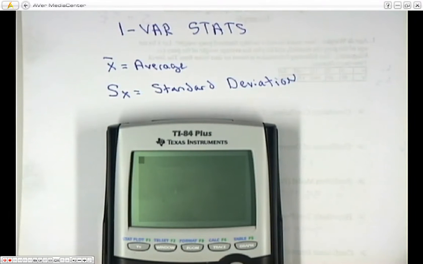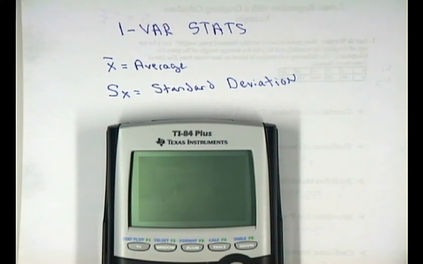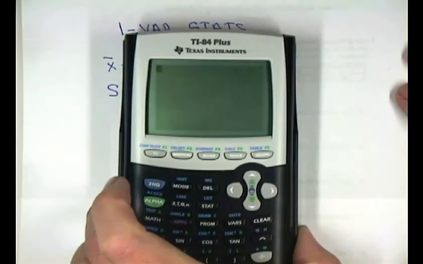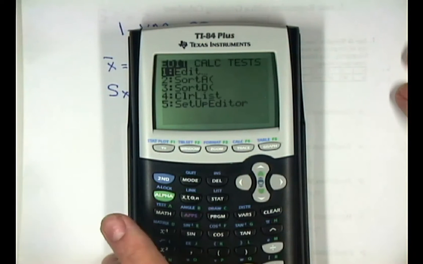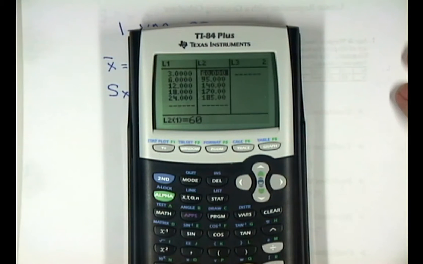Okay, students, so we're going to show you really quick how to get some one variable statistics from your TI-84 Plus calculator. And I'll even show you how to get two variable statistics if you're interested. So usually you're wanting to know the average and the standard deviation, and that can be found in one var stats. So you have to press the stat key, you have to go to edit, and you have to enter